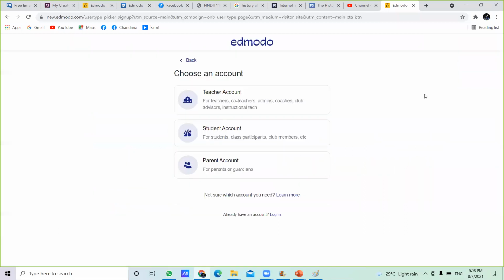Then they are asking some questions. Choose an account: teacher account, student account, or parent account. In this case, your role is student. Therefore, select the student account, the middle one.